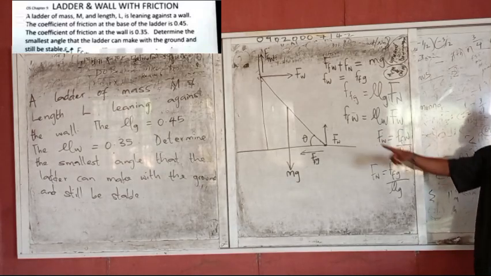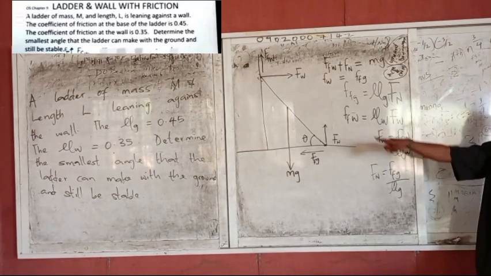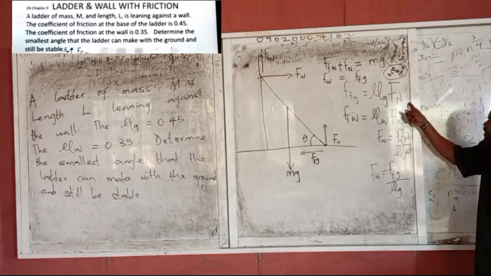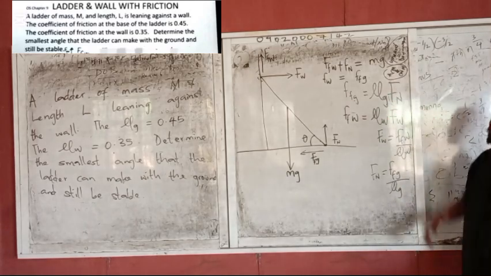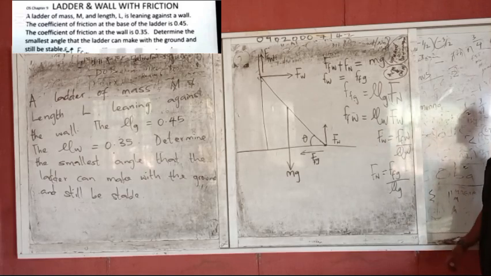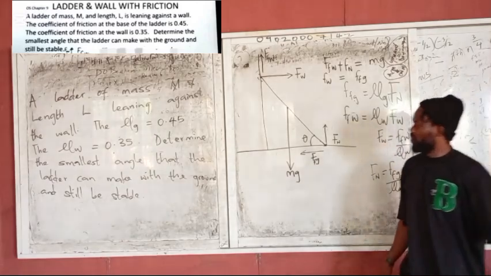Because I know that they've given me mu already as 0.35. So if I make force the subject of the formula, this is what I have. If you don't understand it, from this equation, make this one the subject of the formula. That is what you will have. Once you've done it,